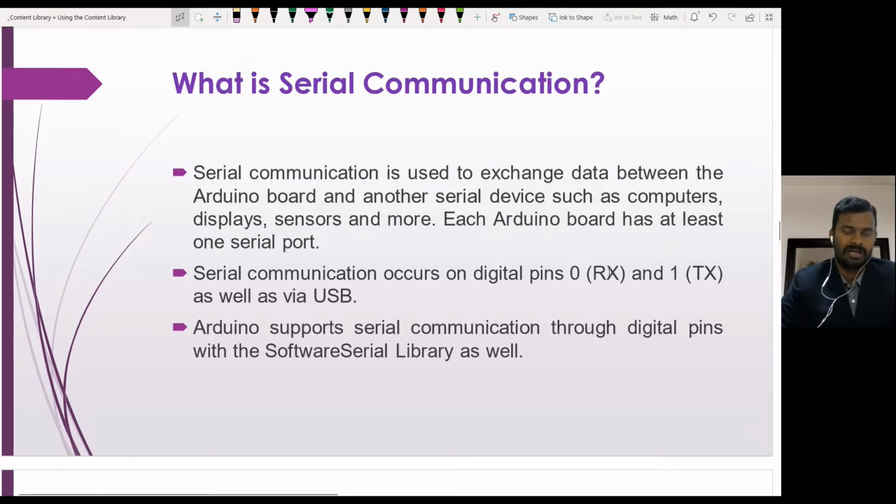For example, if you want to connect an ESP8266 Wi-Fi module with the Arduino Uno, the ESP module has a receiver and transmitter, and similarly the Arduino also has a receiver and transmitter.